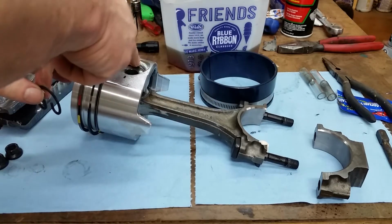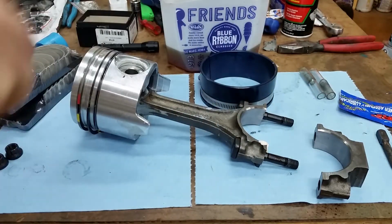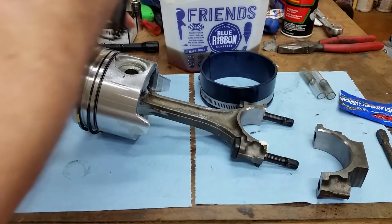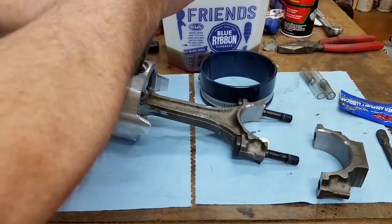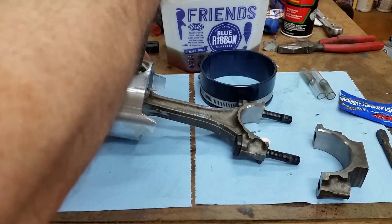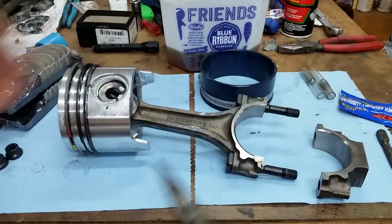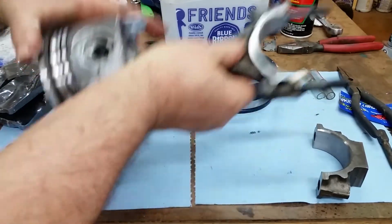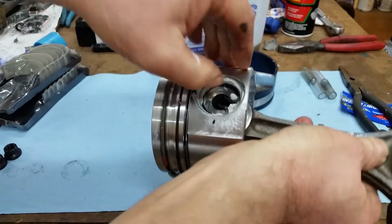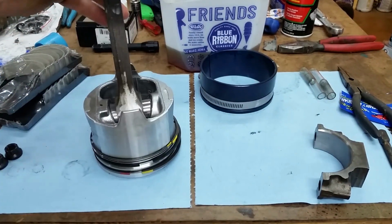Like we said, none of this stuff's very hard. It just has a certain way to go together, and that's what you have to do. Let's see if we can get this in without it leaving the bench. There we go. And once again, you can tell the snap ring is down and in the groove. All right, let's give her a